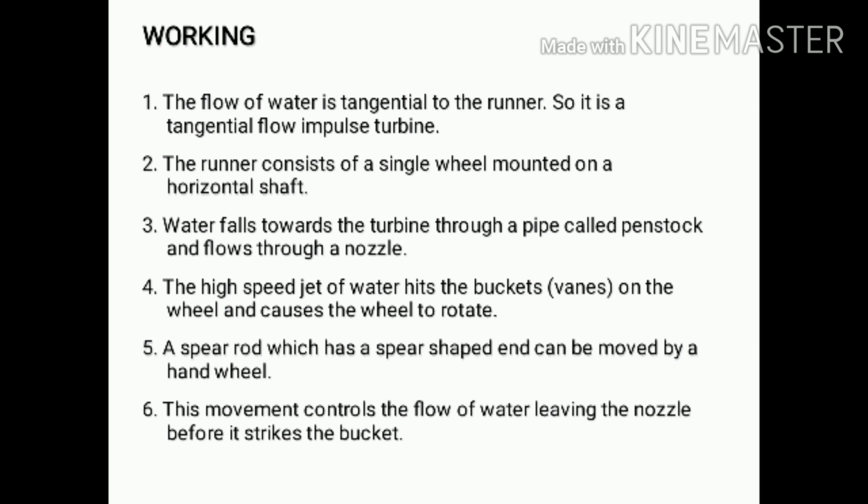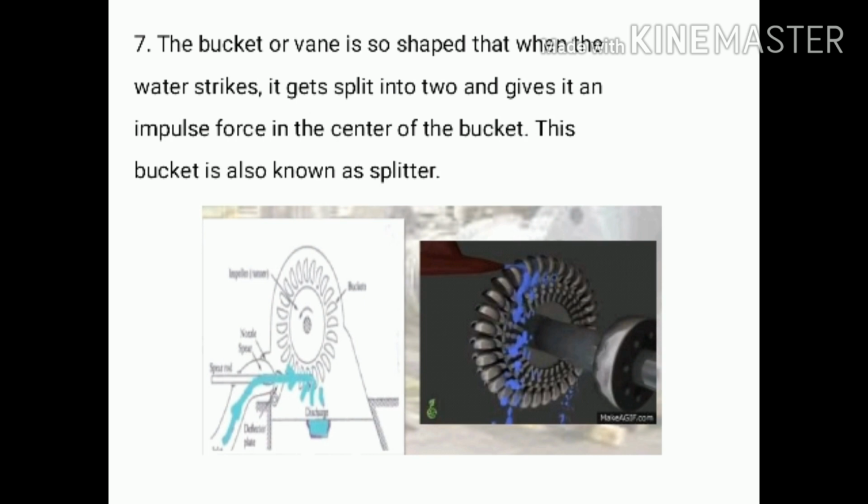Now the next important main part of the impulse or Pelton turbine is the runner and its buckets. The turbine rotor, which is also called the runner, is simply a circular disc fixed with the buckets. It is provided with a cylindrical boss and keyed to the supporting shaft in the small thrust bearing. The runner carries cup-shaped buckets, more than 15 in number, which are mounted at equal distances around its periphery. The buckets are either cast integrally with the circular disc, or bolted individually to the runner.